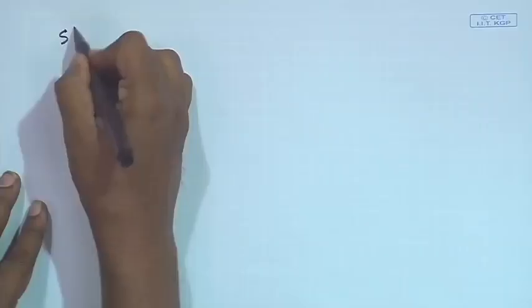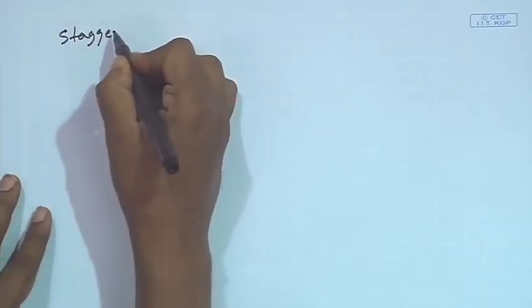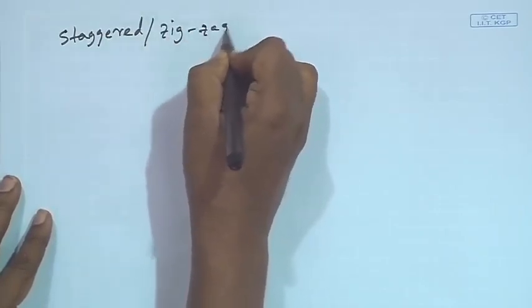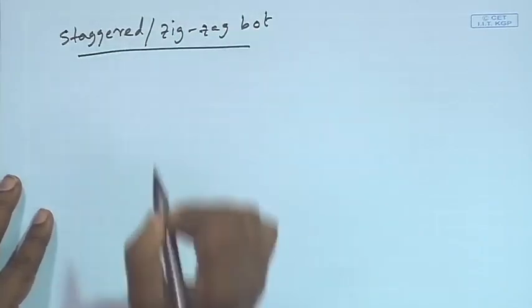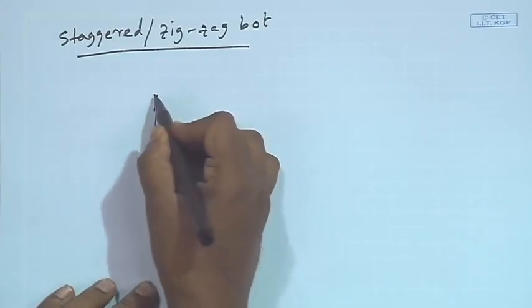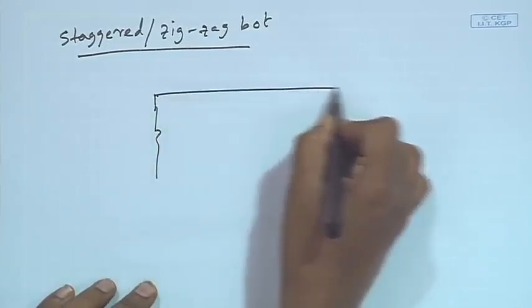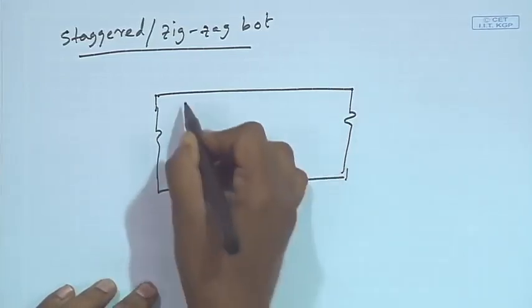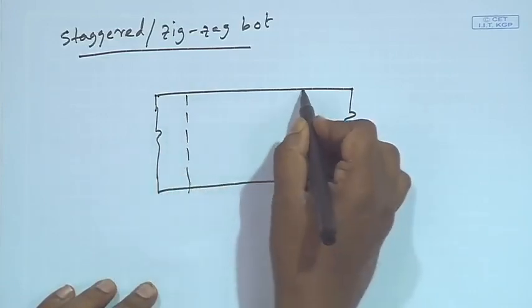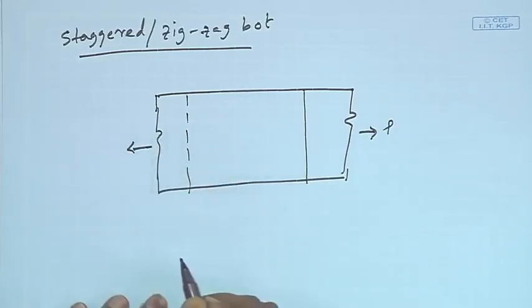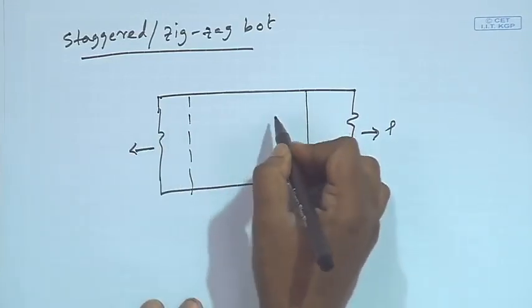But in case of staggered bolts we have a different formula. In case of staggered or zigzag bolts, there the bolts are not in a particular line, they are distributed in a zigzag manner. So, we need to know how to calculate the net area, and net area calculation means we have to see how it is going to fail.